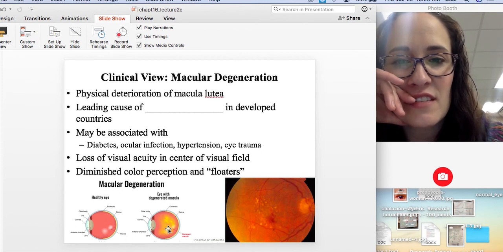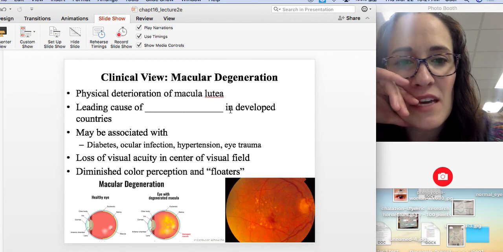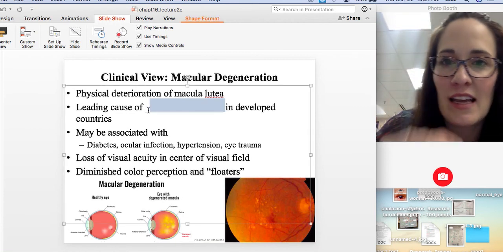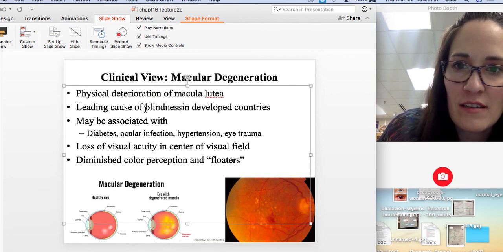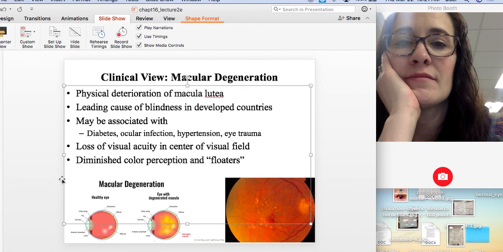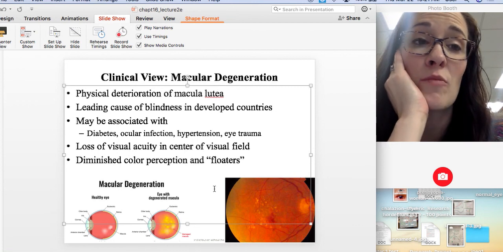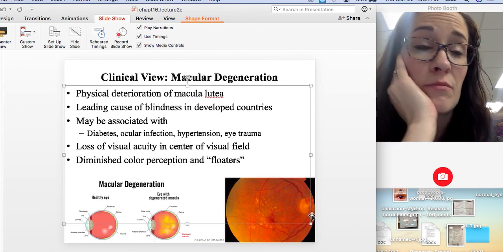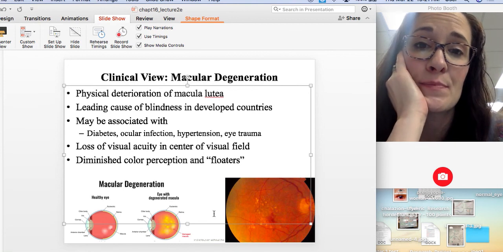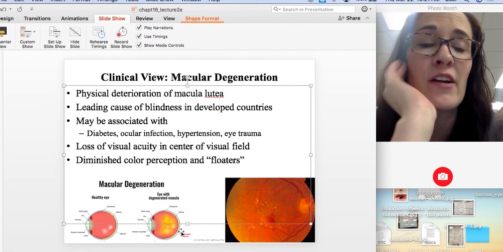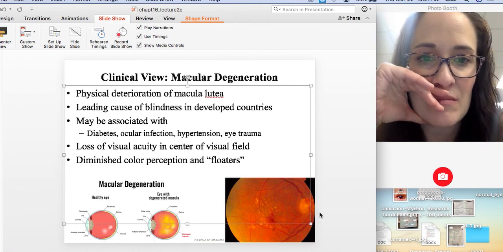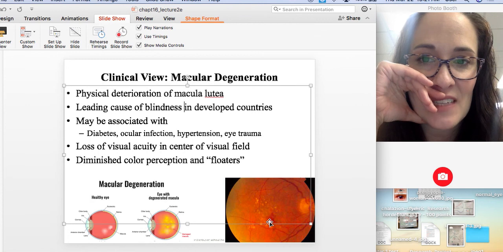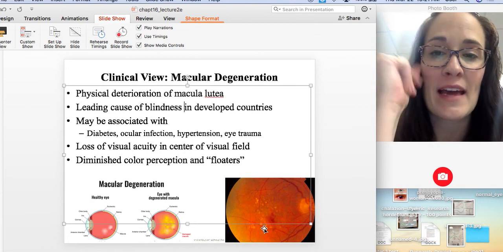Macular degeneration is where that macula area becomes compromised. It's the leading cause of blindness in developed countries. High blood pressure can make you higher risk for this, as can previous eye trauma and diabetes. Essentially, that area that's supposed to be the best at discriminating what you're seeing becomes spotty, so you don't get as sharp as